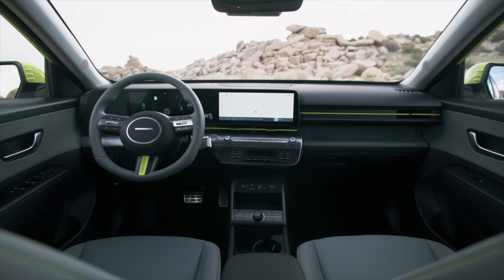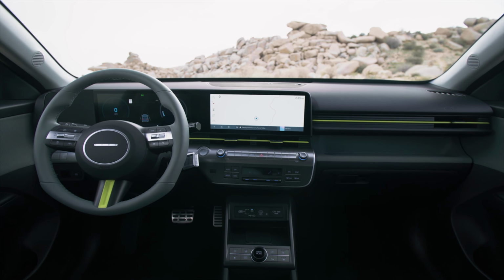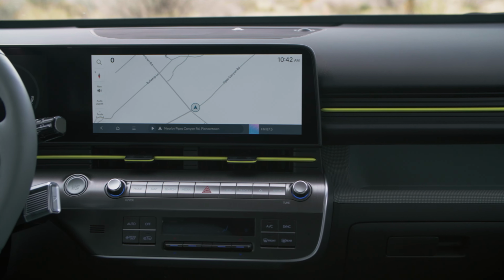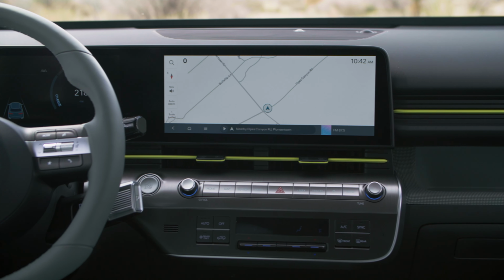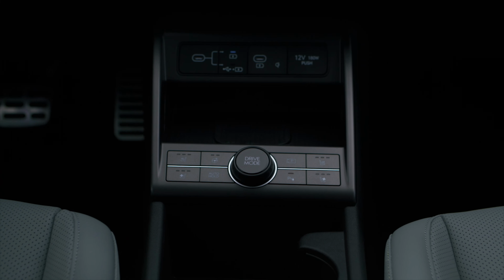Hyundai is taking cues from the Ioniq family for this new Kona Electric. You'll see it does have 4 dots in the center of the steering wheel. Also, there is no shifter in the center console anymore, so they've gone shift by wire. You have your selector on the turnstock here, and that's going to really open up the area for storage. You have rotatable cup holders, your drive mode button, wireless charging,